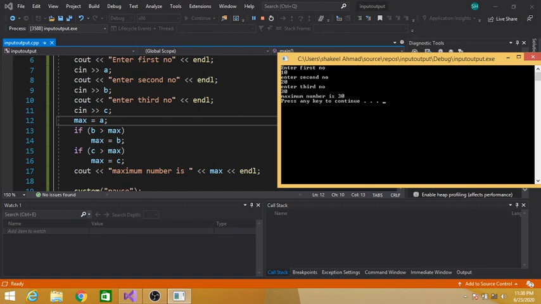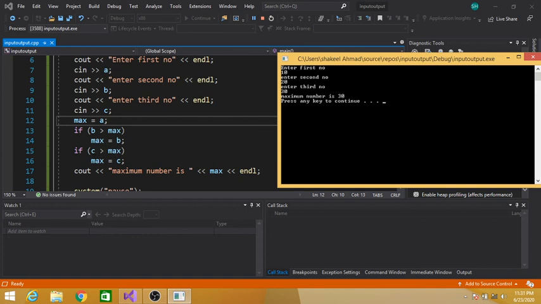So max contains 20. Now again we are checking if C is greater than maximum. C contains 30 and max contains the value of B, which is 20. Is 30 greater than 20?